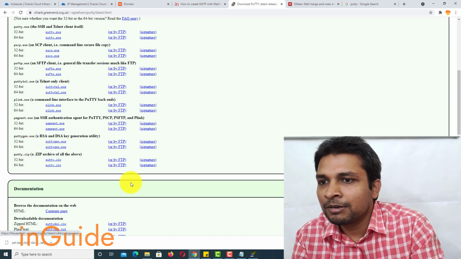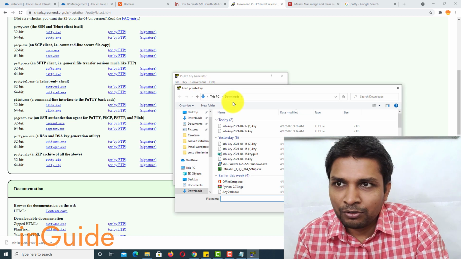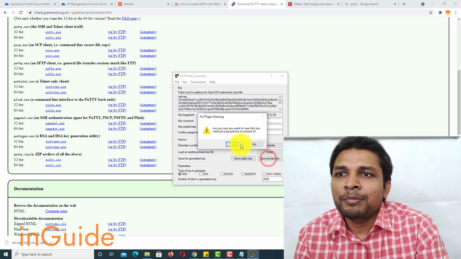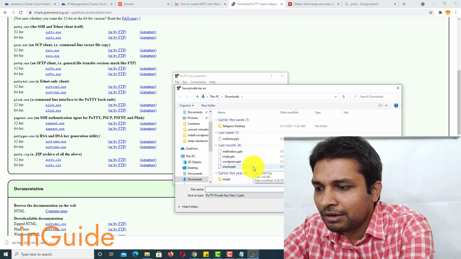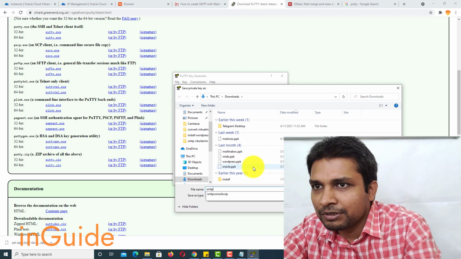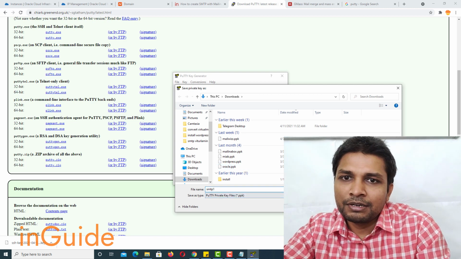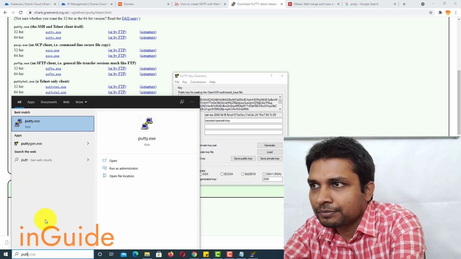This is PuTTYgen. So now I am going to import the key which I just downloaded from Oracle Cloud. After that, I'll save the private key and name it SMTP. Alright, and save it. Now let me open PuTTY.